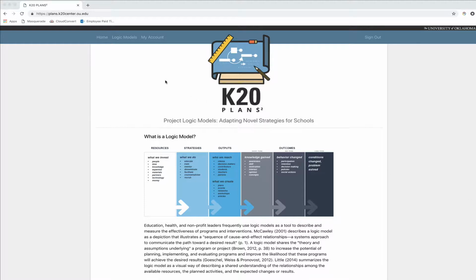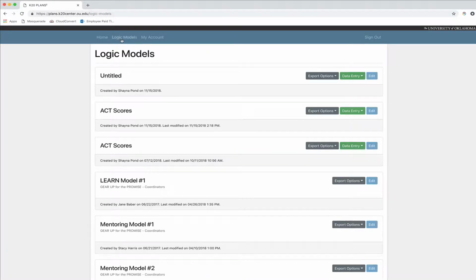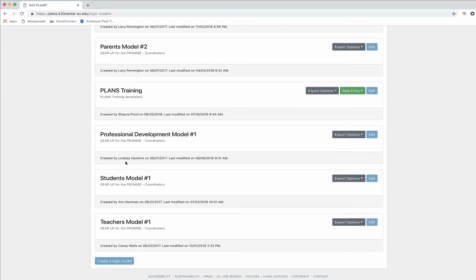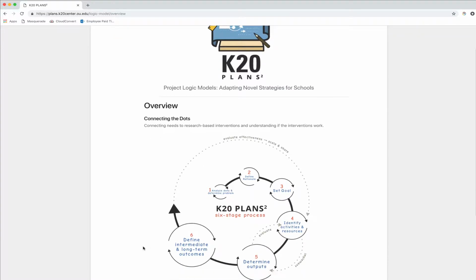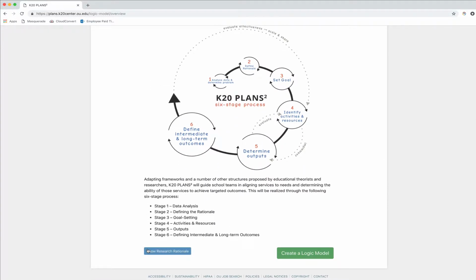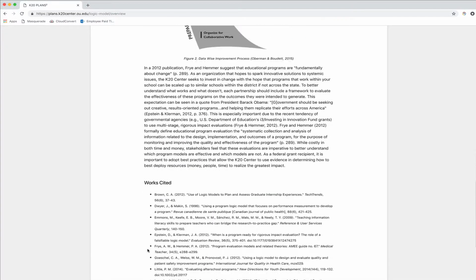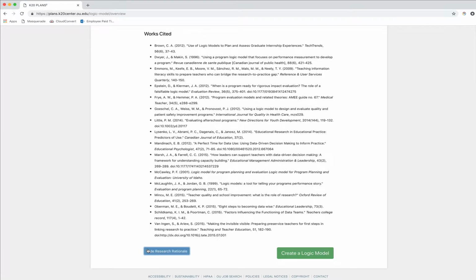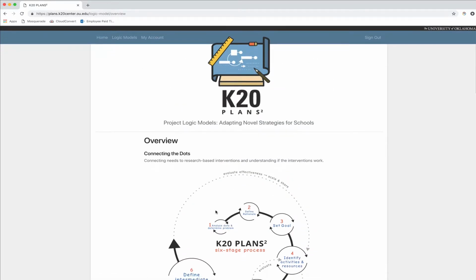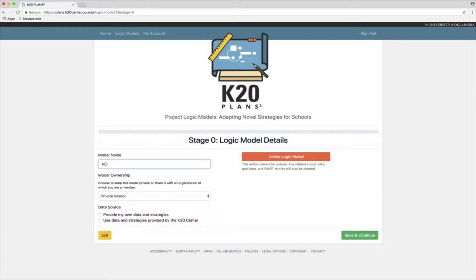If you go to the Logic Models tab and scroll all the way to the bottom, you will see a Create Logic Model button. Here you get an overview of the process as well as some research rationale if you want it. We are only going to be covering the first three stages of this logic model process in this particular video. So, name your logic model